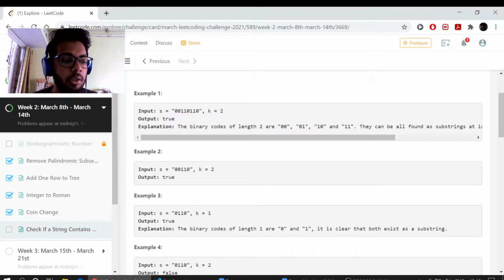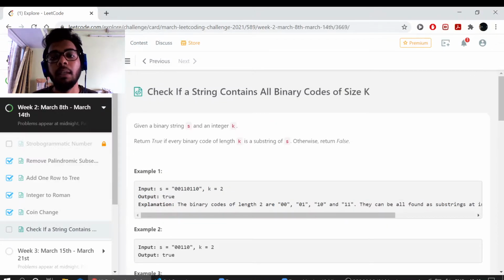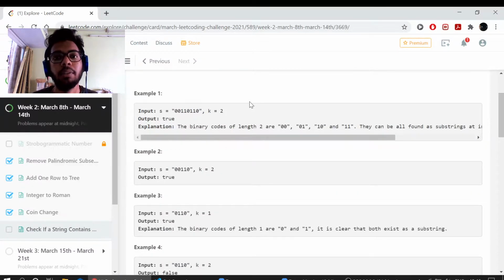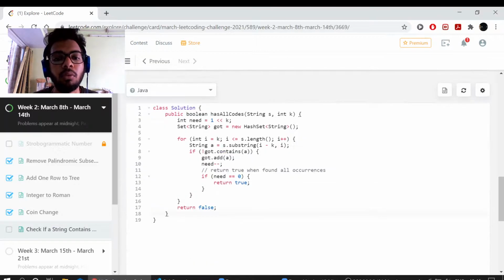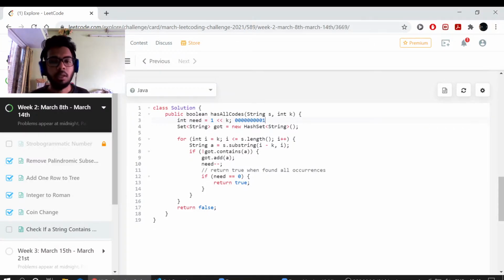So what is 2 to the power 3? 8. So 8 is the number of binary codes that can be present of size 3. So how do we calculate this? They created an integer called need, which is this. What this does is it raises 2 to the power k, so it multiplies by 2 k times. Let me explain here: 1 is 000 and so on, 32 bits, I am not going to type that much, and 1.